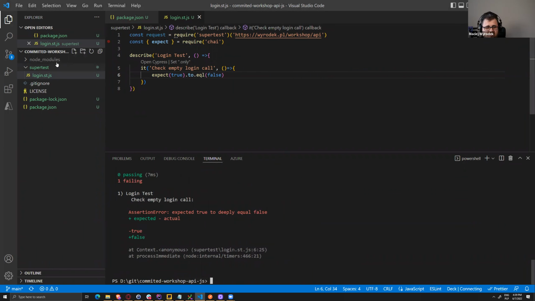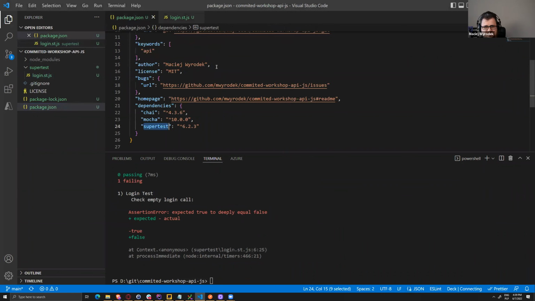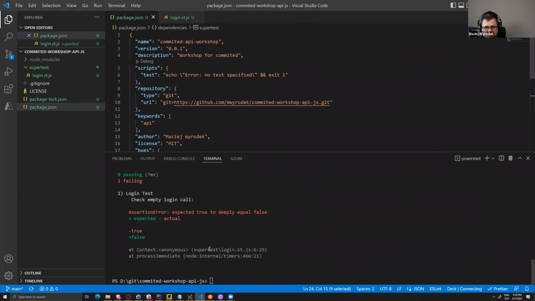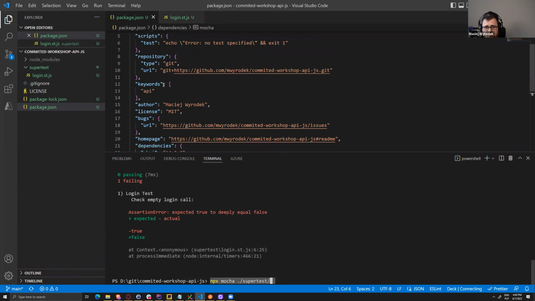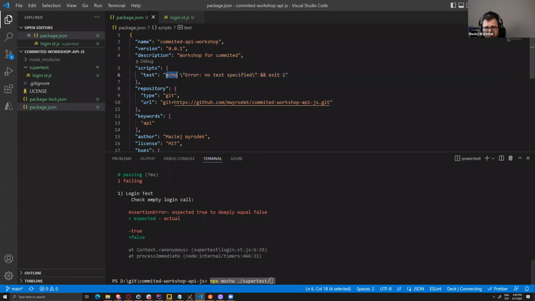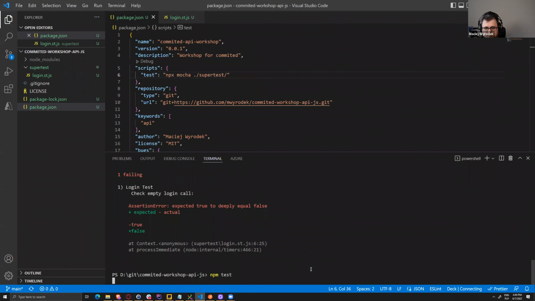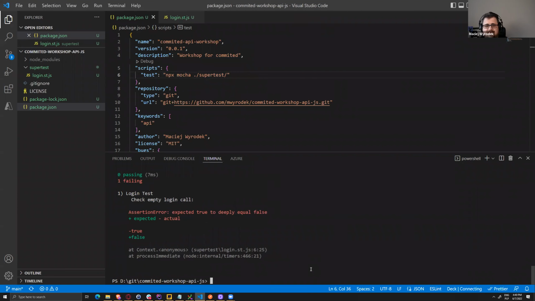Test failed. Cool. That was what was intended. So just so we won't have much problem, let's add our command for running tests to the repo. And now we can